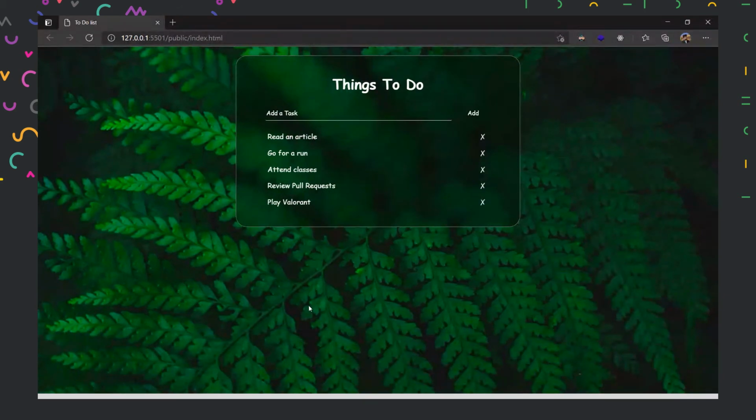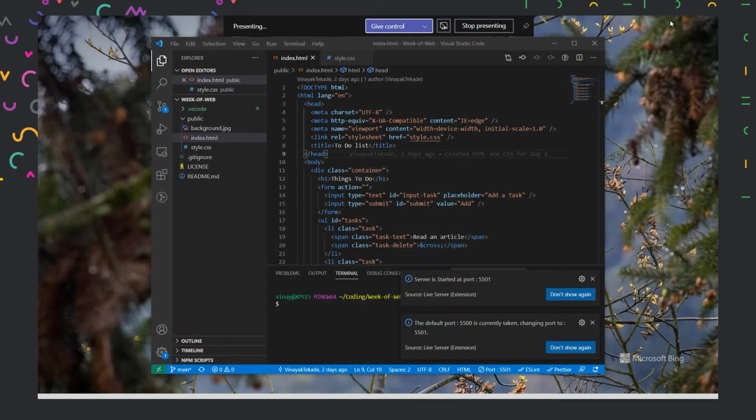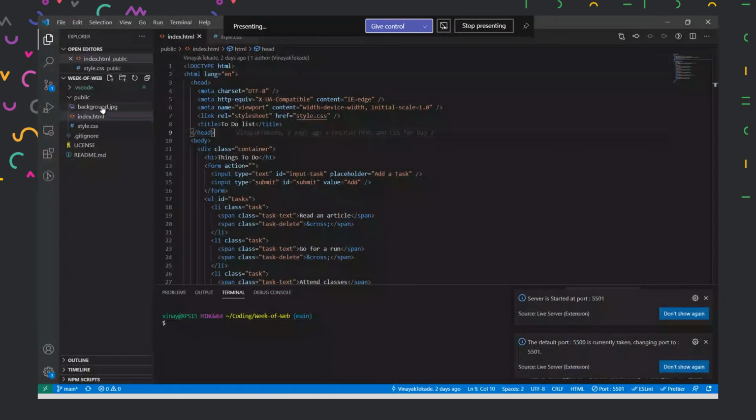One thing is that let's say we need to change the background. Let's say a user doesn't like leaves at all. He hates leaves. So let's add some characteristics to our element. Also, this application doesn't work at all. If we click or do anything, nothing is able to work. So for this, we can write code in JavaScript. To do that, let us add a JavaScript file to our repository.